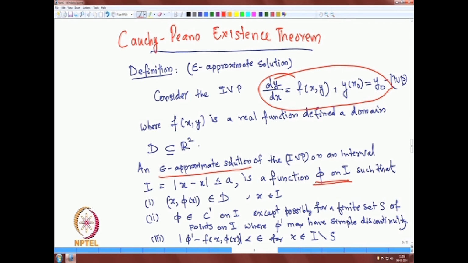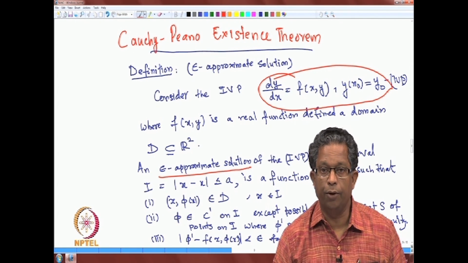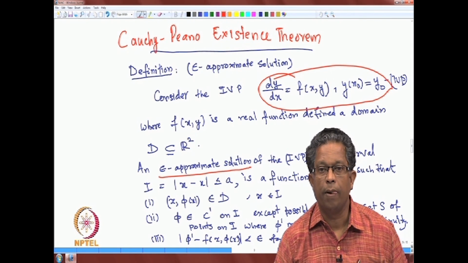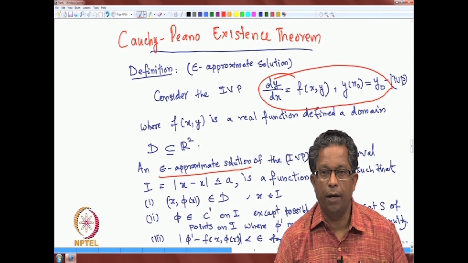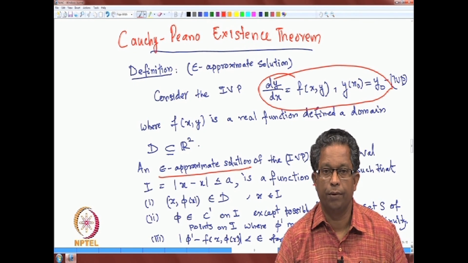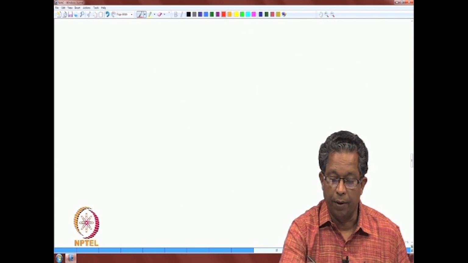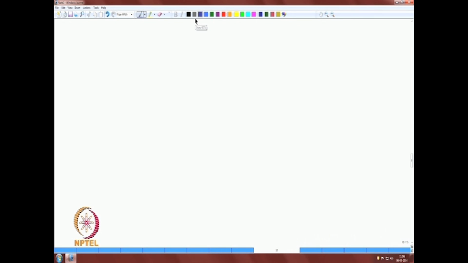So, what we do now is we will prove that under just the continuity assumption on f with respect to both x and y, there exists an epsilon approximate solution to this initial value problem. Okay, so we prove the following theorem, and one note is